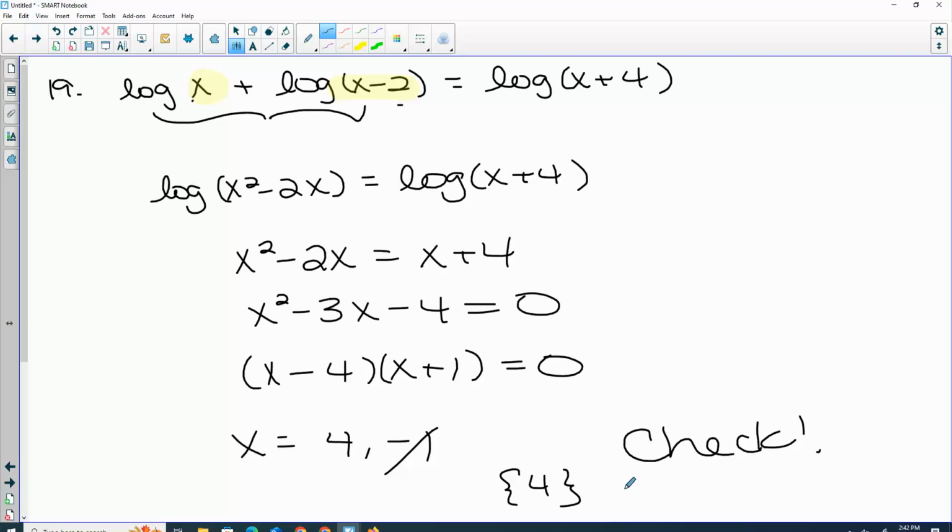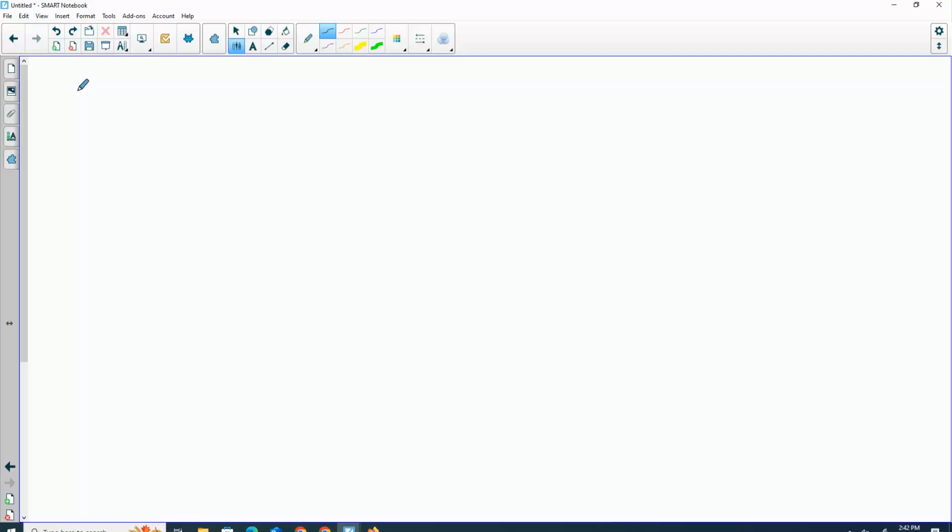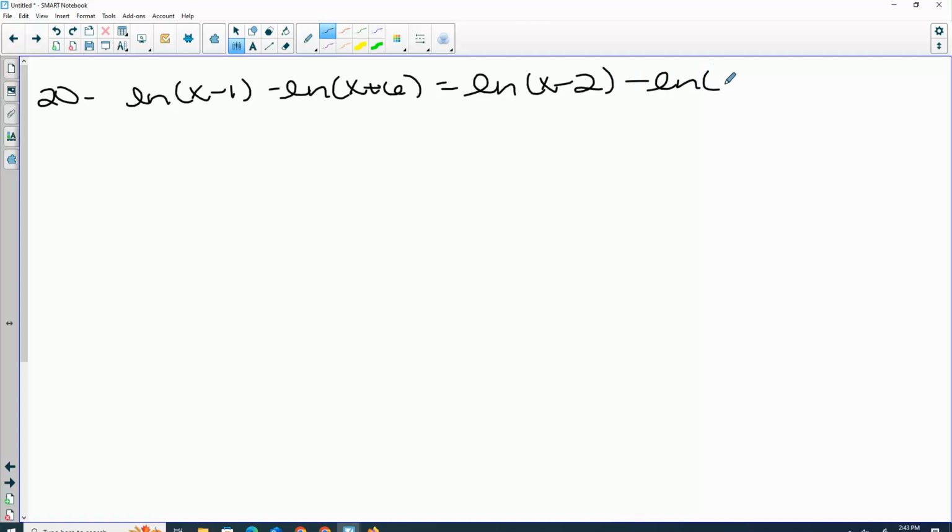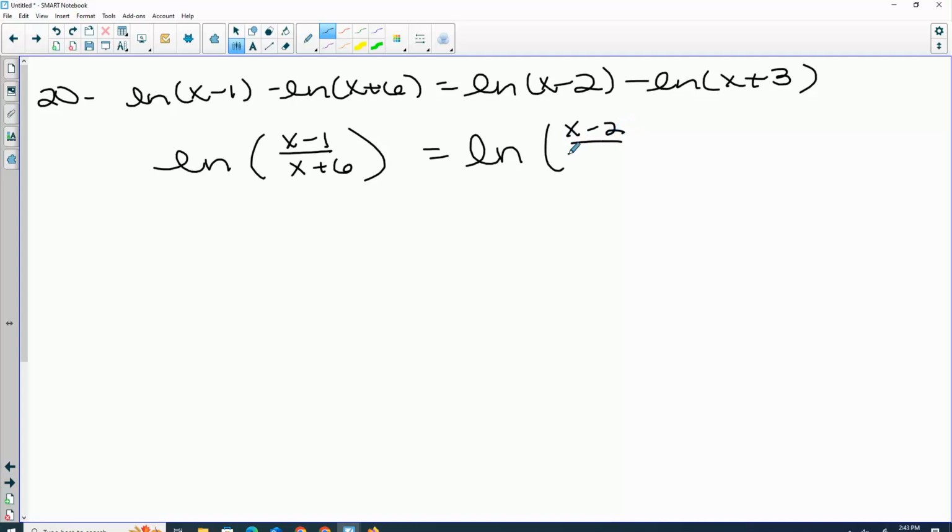So problem 20 is going to be very similar. Because if we look, we have 4 terms. Every one of them has a log on it. Natural log x minus 1 minus natural log x plus 6 equals natural log x minus 2 minus natural log x plus 3. If logs are subtracted, how do we condense them? So on each side we get a division problem. Now I have one log on each side, which means